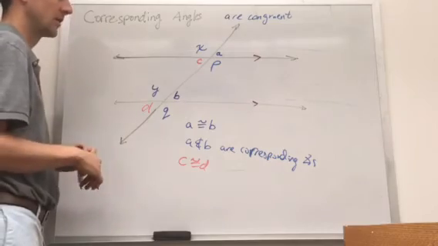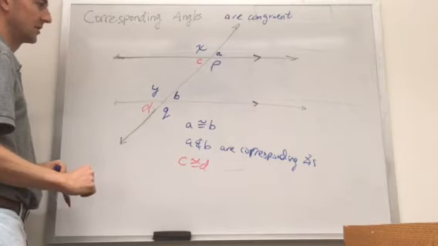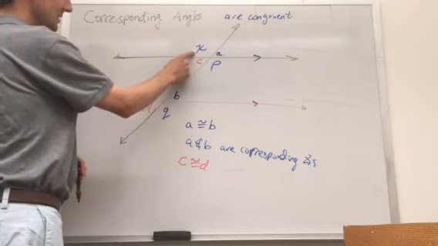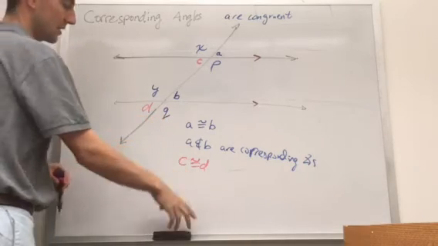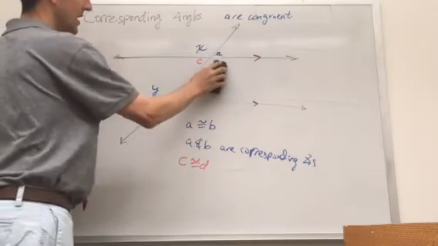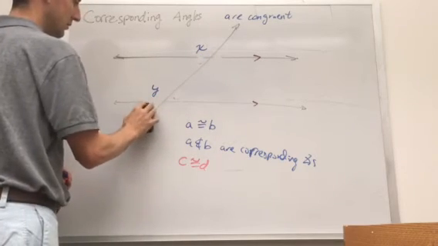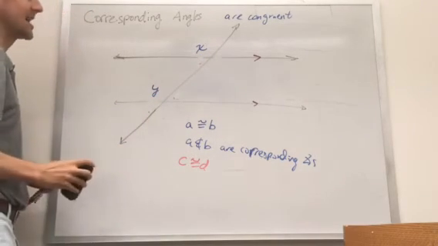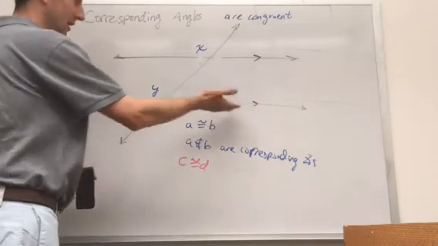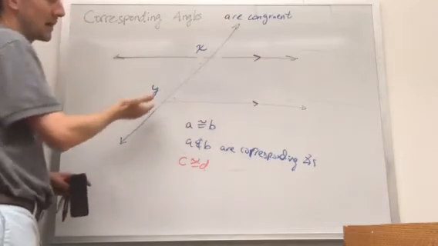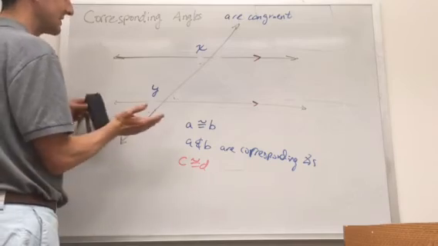Those are congruent. But these are not all corresponding angles. X is not corresponding with Q. X is only corresponding with Y. That is, corresponding angles are angles that are formed when we have parallel lines that are intersected by another line, and we see the angle looks exactly the same